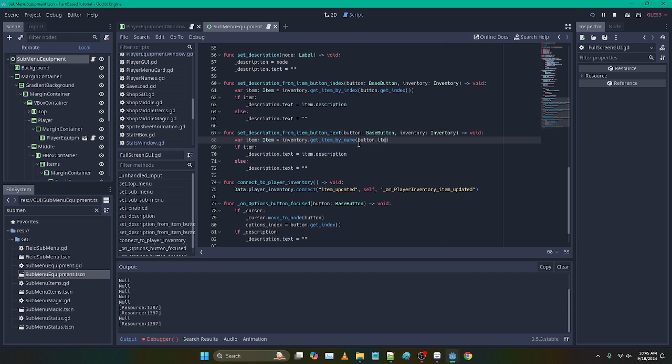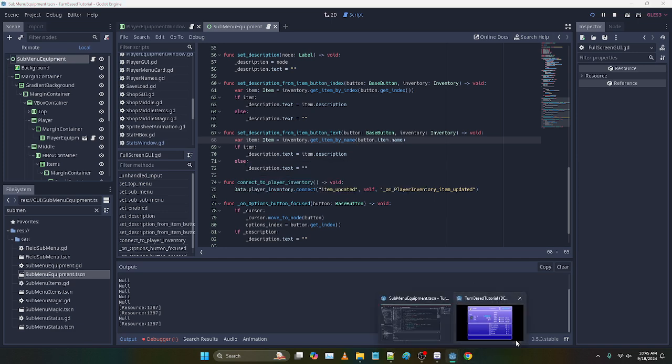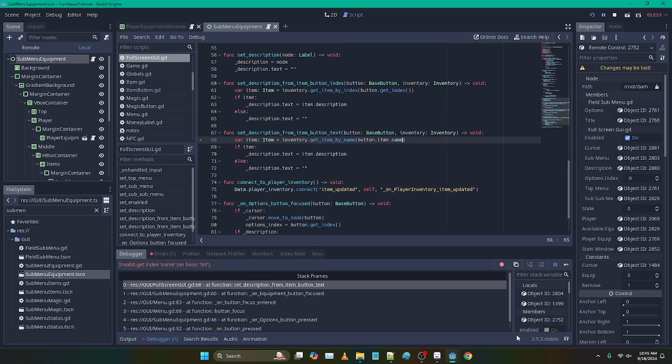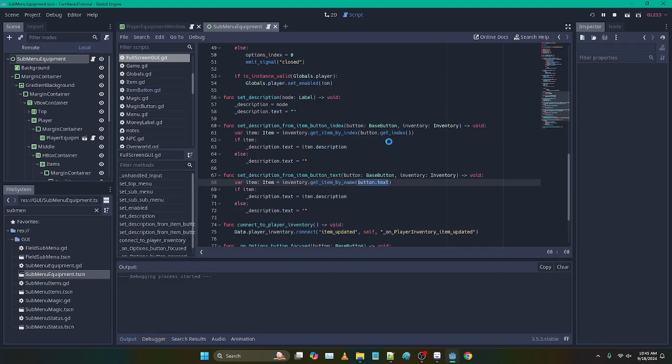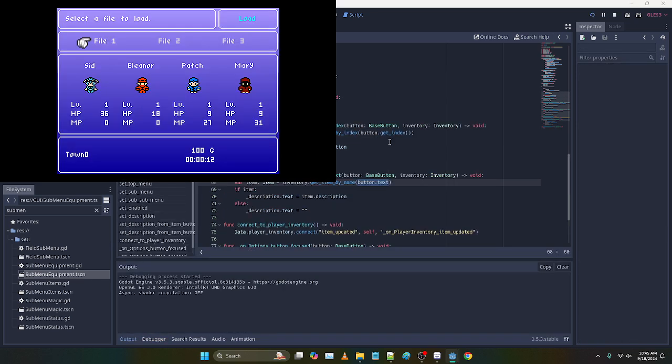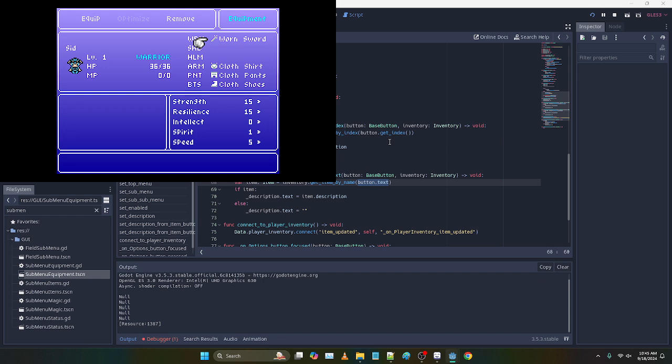Let's try button.item.name. Okay, no, we can't do that. We'll use that. So remove it. It's telling us it's null, right? Now, when we set that,